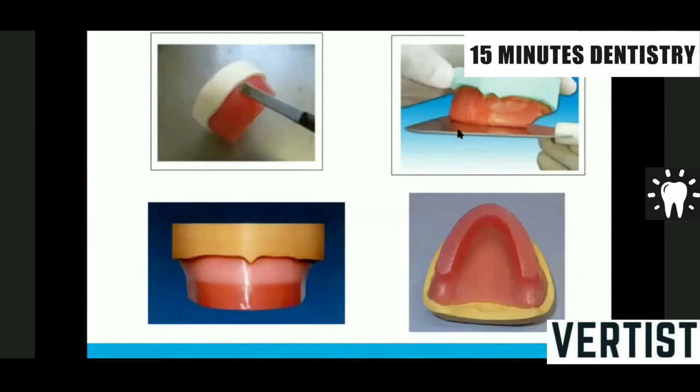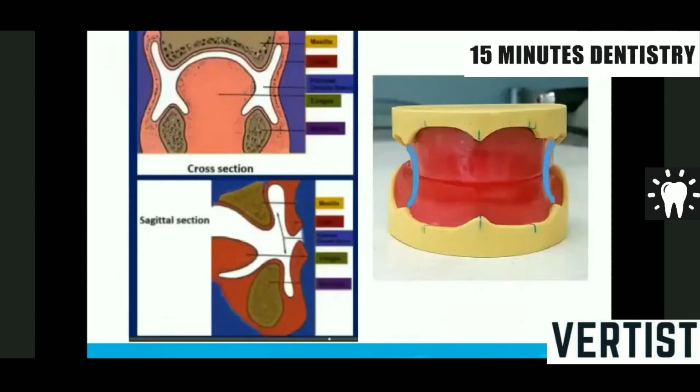Then you take a hot plate, make it parallel. I mean, reduce the height, adjust the height to 22 and 18 millimeter for the maxillary and mandibular respectively. Sprinkle a few drops of water on the glass slab or glass plate, whichever you are using. Then place this occlusal rim and check whether even contact is there on the occlusal rim.